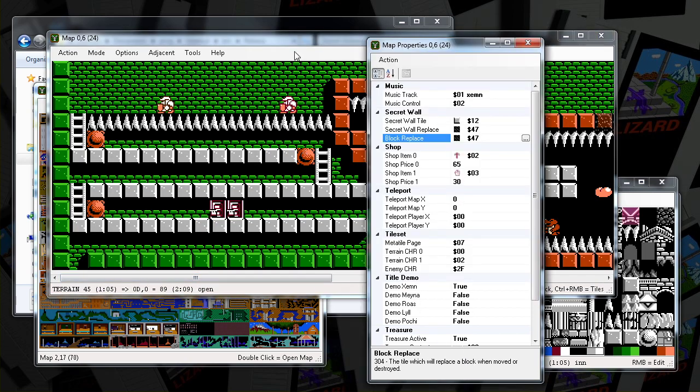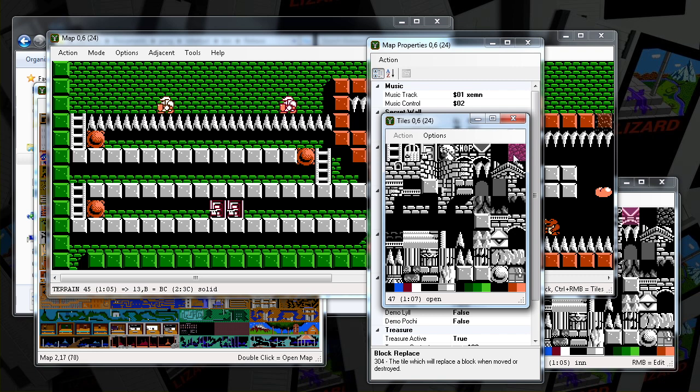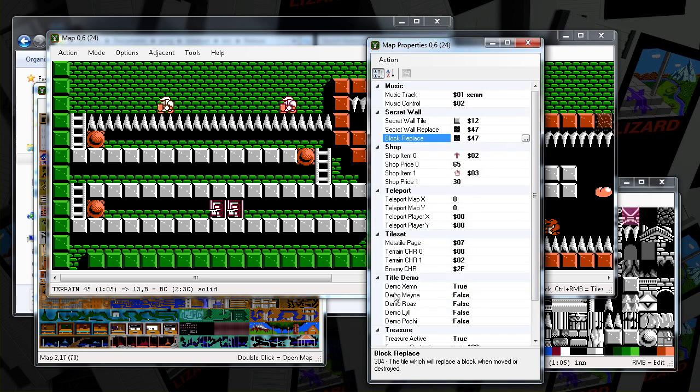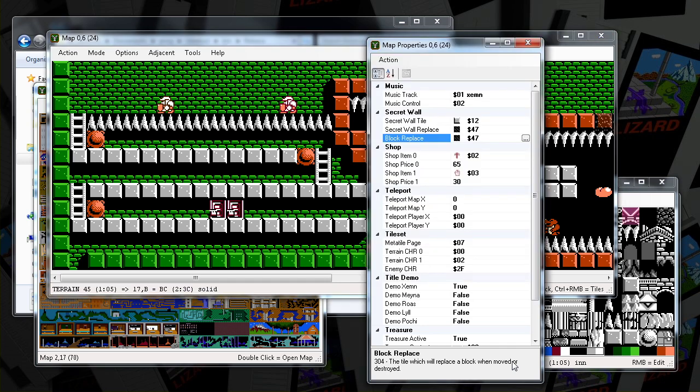And finally, there's the block replace. And that's because when you move a block, it moves over something else and it leaves a gap behind. So this is just what gets filled in. So here you can see it's just that gravel tile again. But once it's moved somewhere, it'll be over top these bricks or something. If you push it again, it'll just replace with what it originally was. But you need a tile for the hole that will be under a block, and that'll be the same tile for this whole room. So that's what that one does.